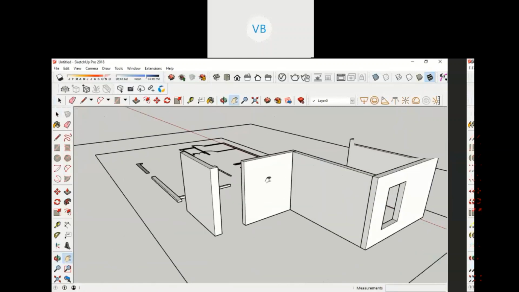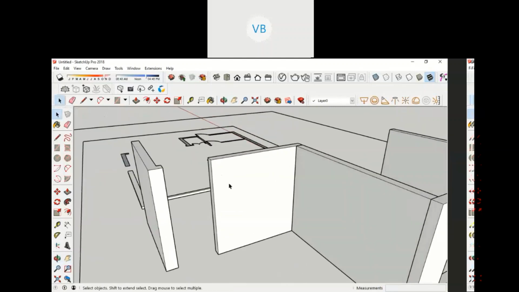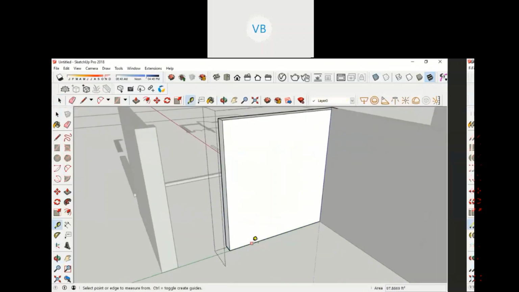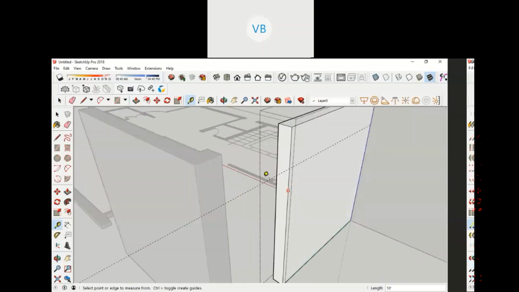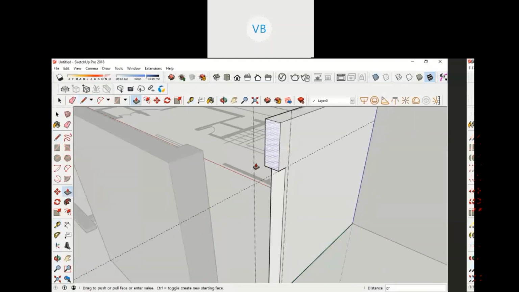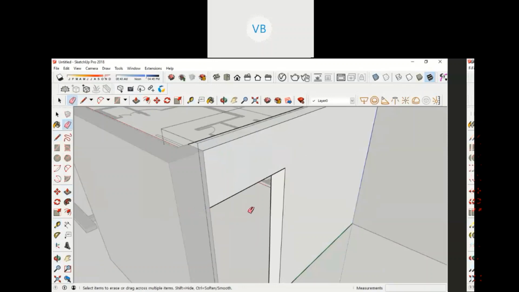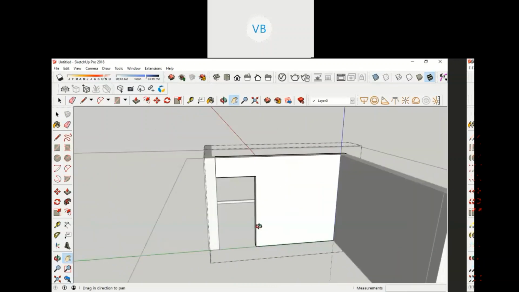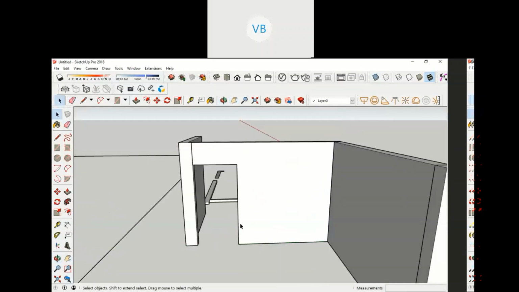Now I have to create my doors, right? The lintel height of the door, what I'm keeping is 8 feet height, right? Not 7 feet but 8 feet height for my design. It's up to the requirement. Okay, then draw a line, as simple as that. Extend this thing to here. Done. My opening for the door has been created. As simple as that. No complications.